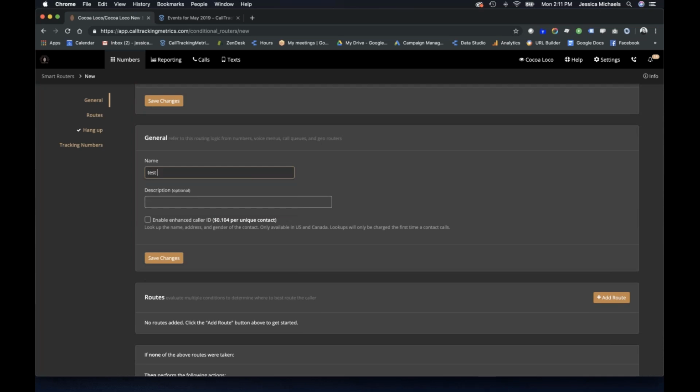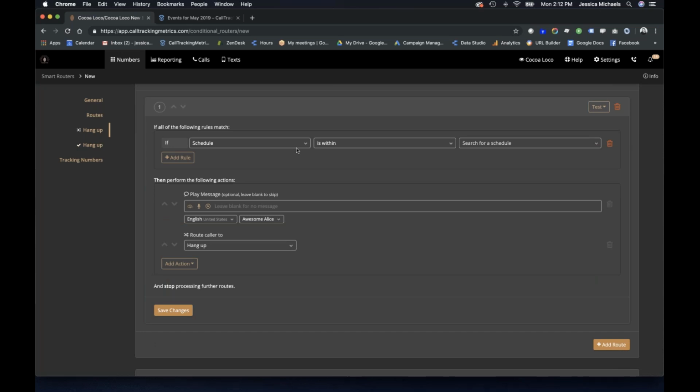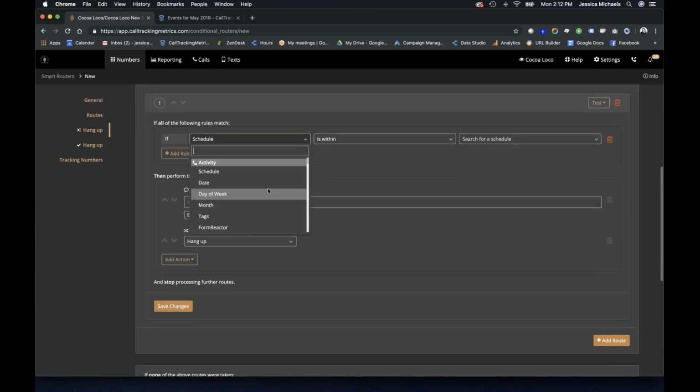So, I could say test router. I usually recommend adding in a description. If you're creating a bunch of these, it'll make it very easy to decipher which is which. And then here's where we want to start creating our rules. Now, I didn't list out all the different rule types because there's so many different ways that you can use these. So it can be based on any of these criterias, and then to make it even more complicated, you can do the and or